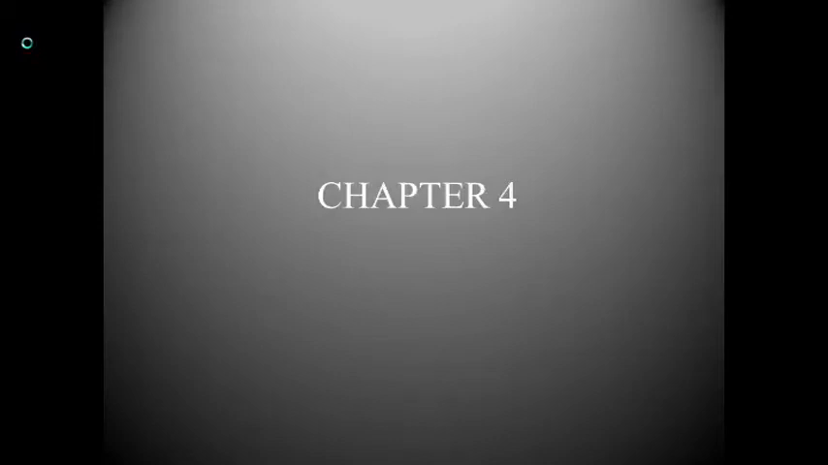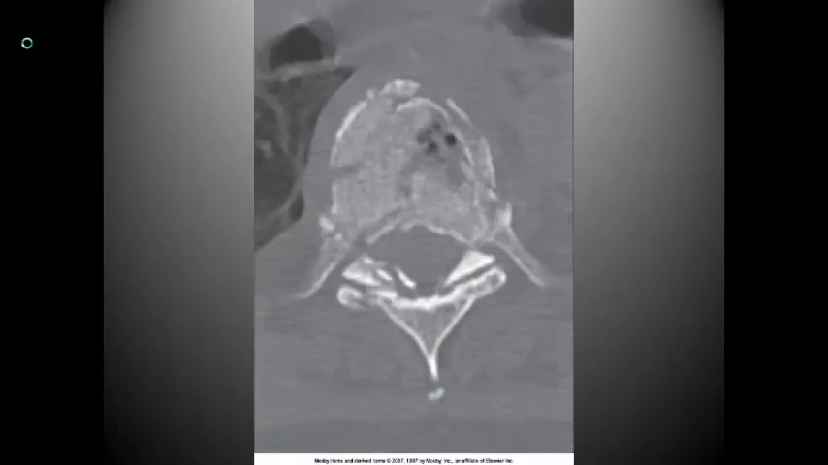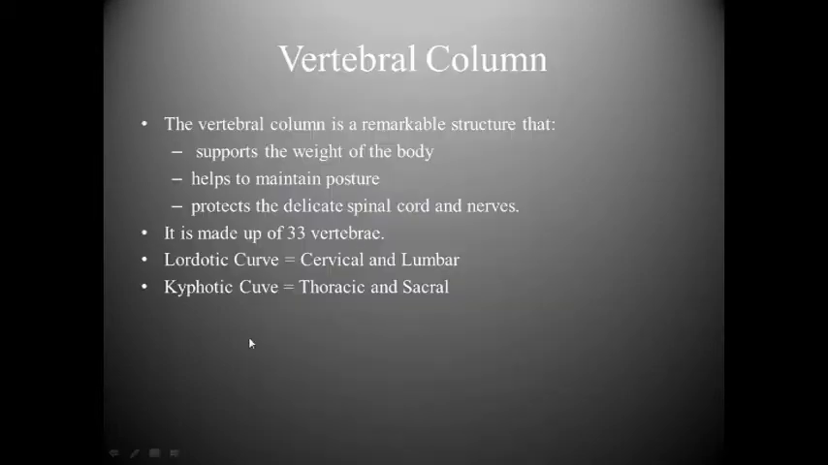Okay, that brings us to chapter 4, which is the spine. Here's an introductory image, which the book has, let me go back, about the spine. And as you can see, there's some abnormalities here, some trauma that has actually happened. We have a rib fracture here at the